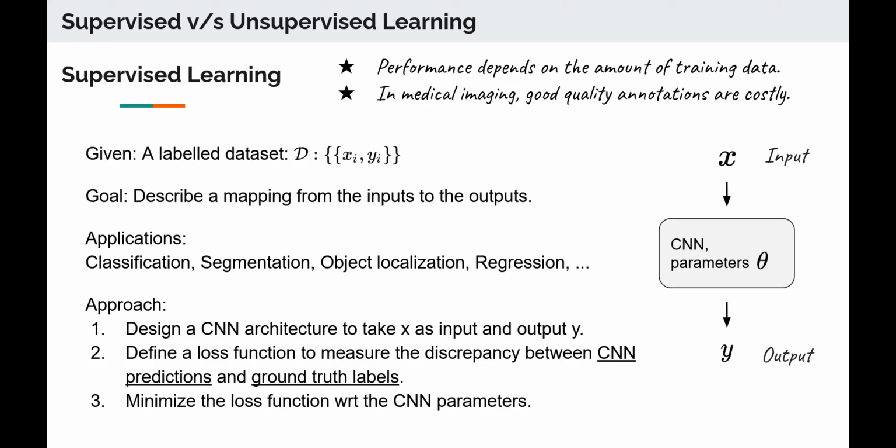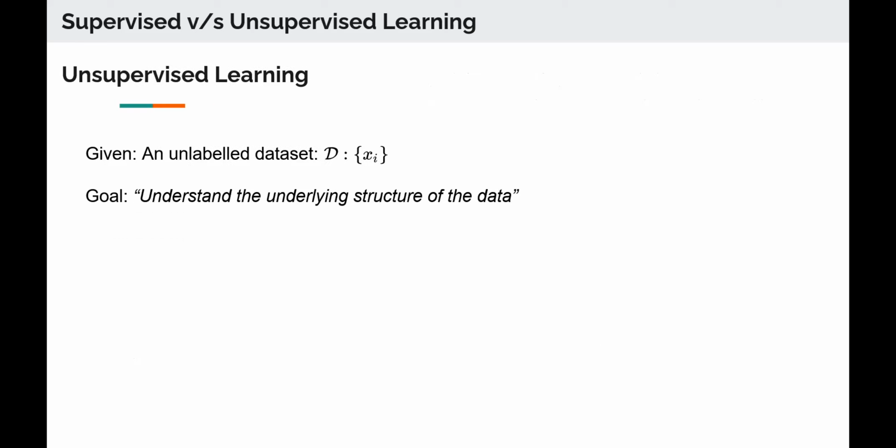And these people usually don't have the time to sit down and annotate 1,000 images or 10,000 images. Usually we have access to tens or, in the best case, hundreds of labeled images. So this is a big bottleneck as far as performance of CNNs in medical image analysis is concerned. And therefore, what people try to do is use unsupervised learning, where one says,